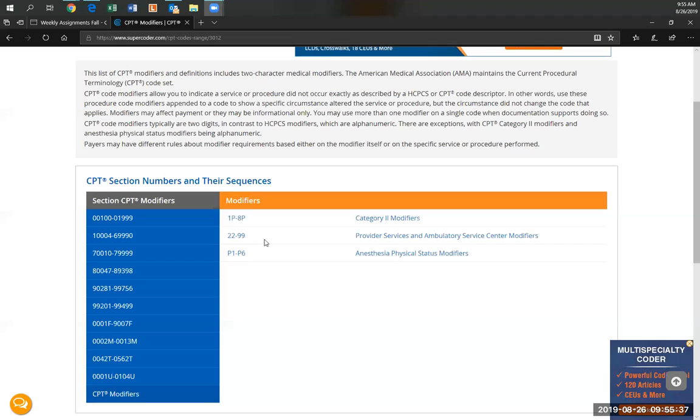And then we will also look at the colonoscopy decision tree. This is also available in the code book. I will have it included for you in the assignment. This highlights the difference between diagnostic and therapeutic procedures, and I'll talk a little bit more about that, but I find that this is one of the hardest